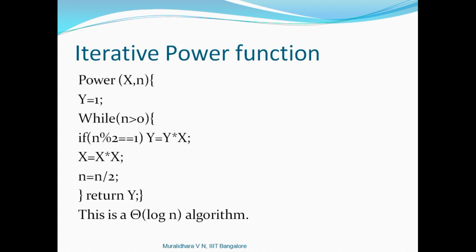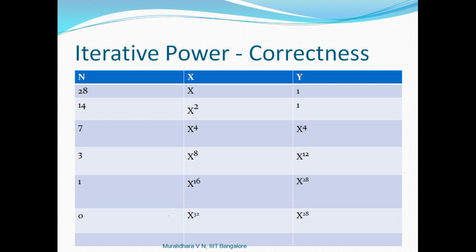But the important thing that we have to understand here is why this algorithm is correct. Let's look at a small example. So try to analyze what's happening. Let's say that I want to compute x to the power 28. So here when I go inside the while loop in various iterations, I have the values of n and y and x. When I go first time, n will be 28. Then x will remain as x. But y, since this is an even number, y will not be updated. So y will remain as 1.